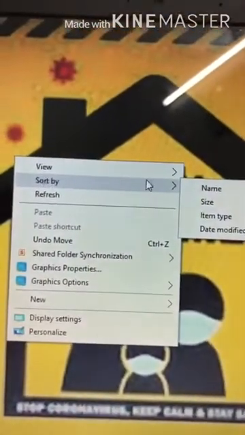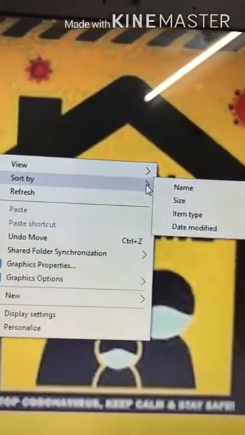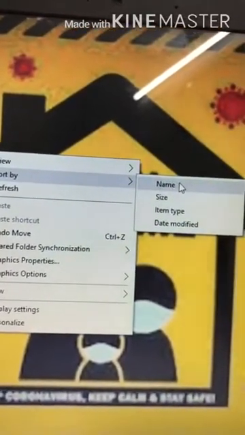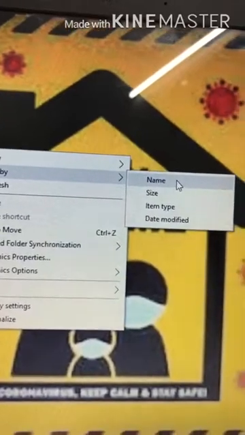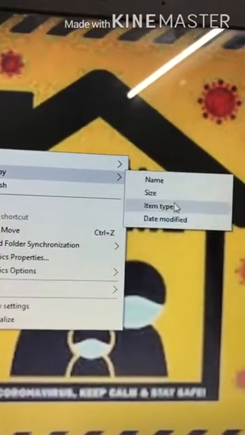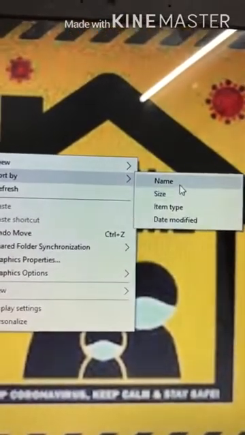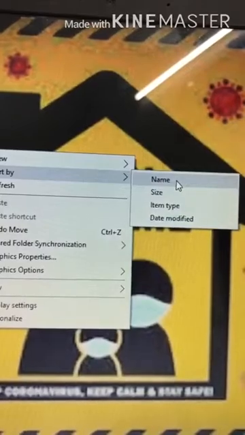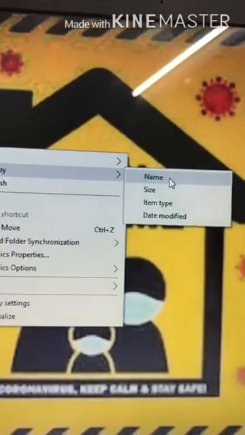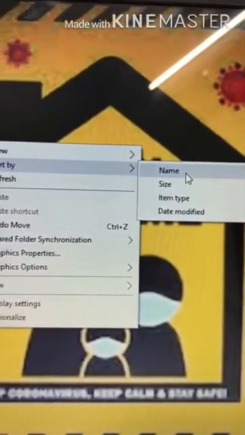When we click on sort by, there are those four ways with the help of which you can sort the list of your files. If we want to sort in alphabetical order, we just click on the name option.